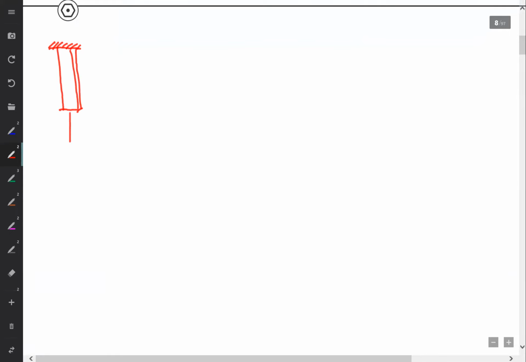Okay, let me focus on the basic one, the tensile test of the bar. For the tensile test of the bar, if we consider the general bar, subject to the load P, when we cut off the cross section over here, so what happened? What happened? So if we draw the free body diagram of this section,